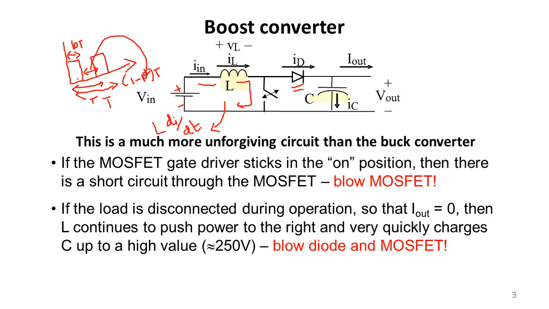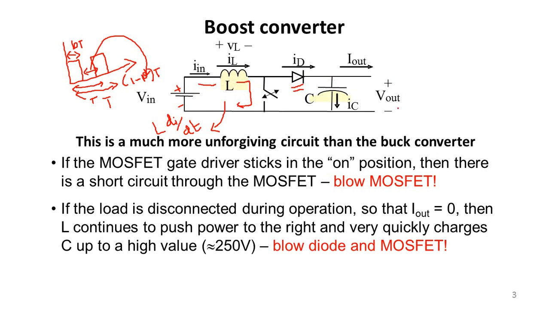So the duty cycle is always varying according to the time period: how much period is on, how much period is off. According to the diagram I have drawn, 50% on, 50% off. During the on period, when the duty cycle is provided, the MOSFET will conduct, and during the off period the MOSFET will open, and the charge stored in the inductor during the on period will now tend to forward bias your diode and charge your capacitor so that it delivers to the load.